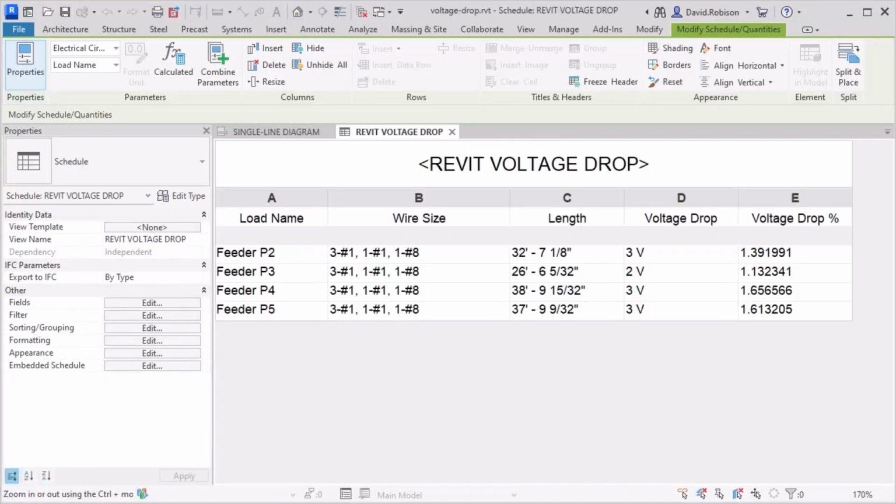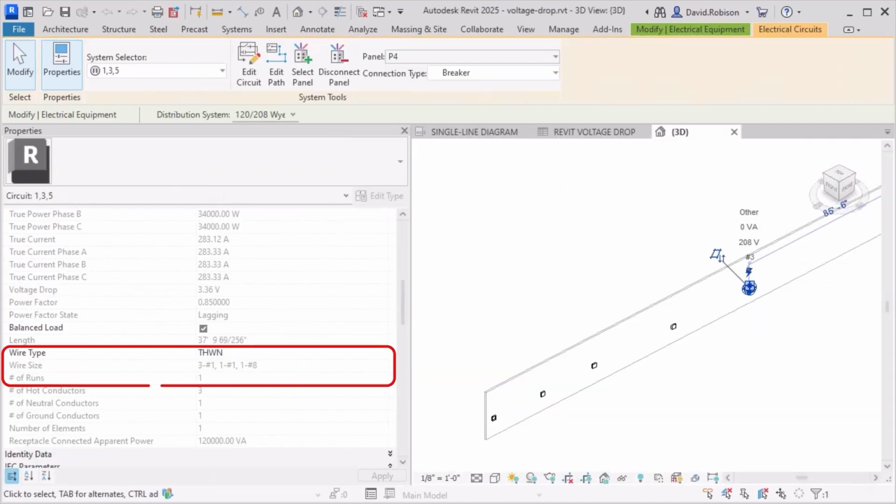Okay, question 7 is about voltage drop calculations. Are you using the Revit voltage drop calculations in your software? We are not. Revit has wire sizes, and then you can use those wire sizes to calculate voltage drop, but it doesn't give you any control over what those wire sizes are. So if your design calls for something different than what Revit calculates, you have no ability to change that in